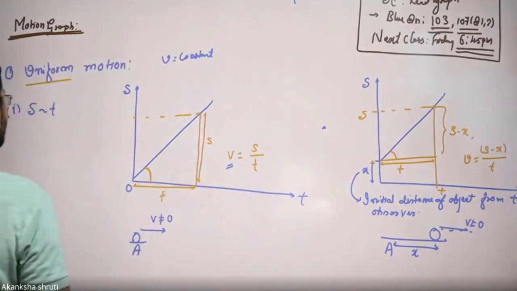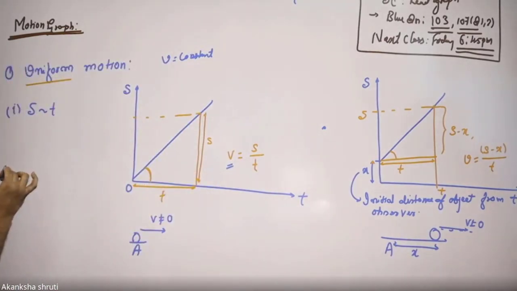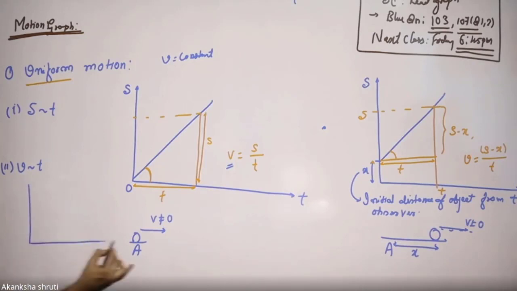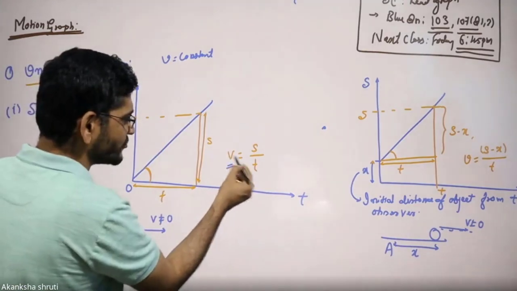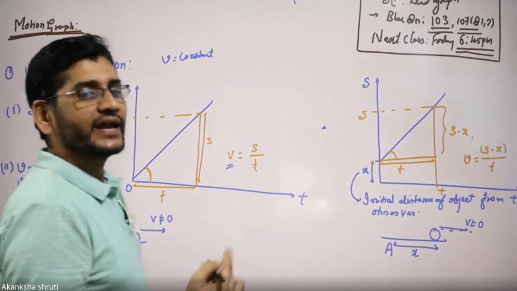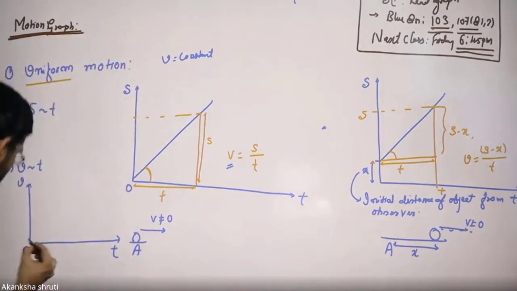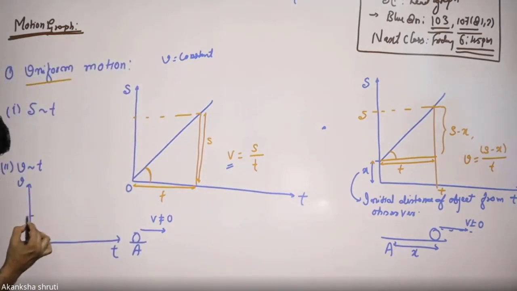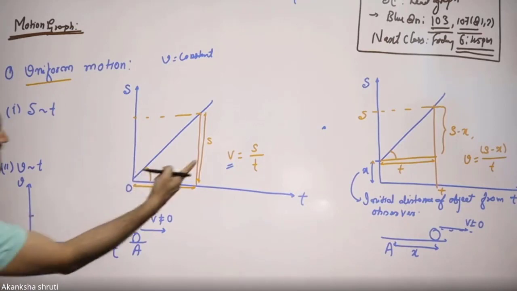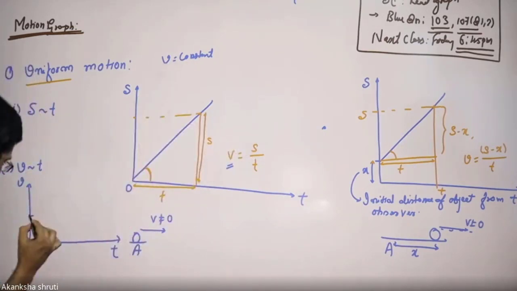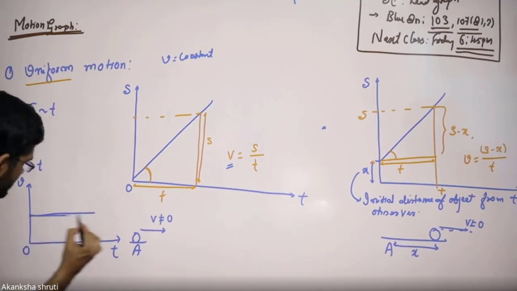Therefore, in this case, if we draw the v-t graph, the second one is our speed time graph. So how will the speed time graph be? For that, we need to put the time on this horizontal axis. Consider this as 0, and the speed on this vertical axis. This has some value, say 8 meters per second, 5 meters per second. Surely it will not be 0, so it will come somewhere here, and it always remains the same since it is constant. So it will be a straight line like this. Okay, students?